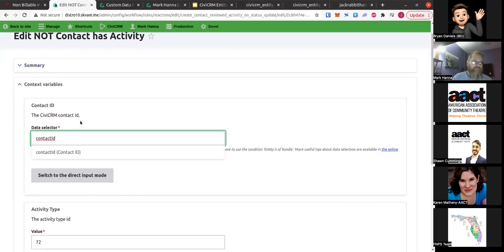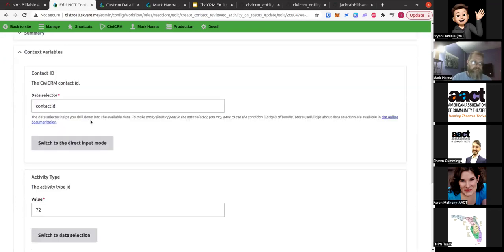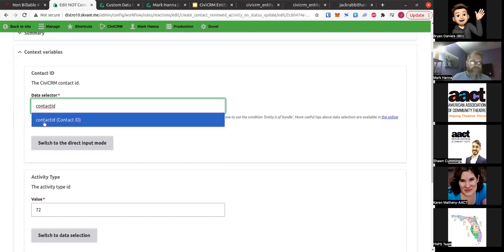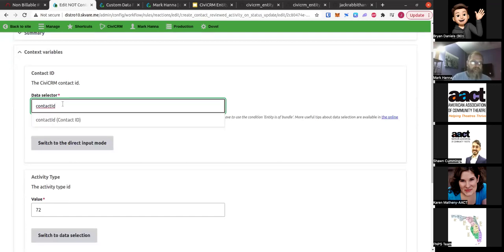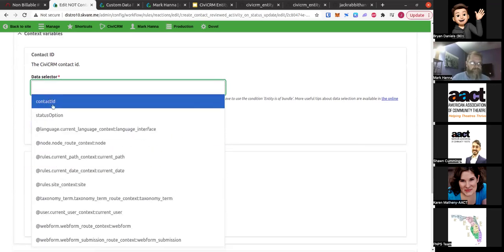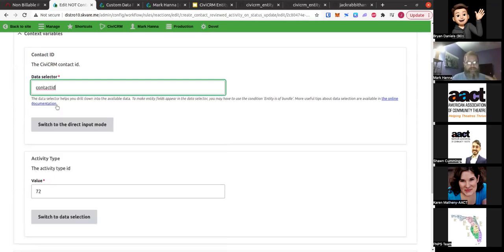Where do I derive the value of the contact ID? This is coming from the event. When I've defined those in events, those values are automatically populated. If I was to remove this, you would see that there are other values, but you see my two pieces of data that I defined in the event are here already. So one of them I want to check is a contact ID,